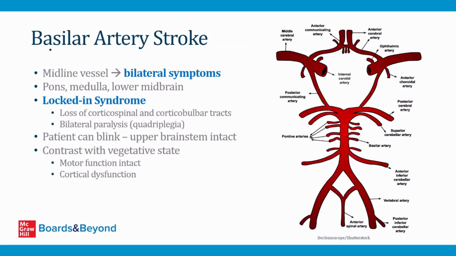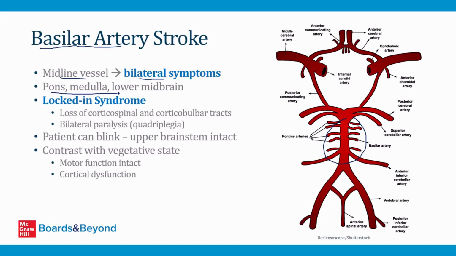Okay, next let's talk about strokes involving the basilar artery. So this is the basilar artery right here. It is a midline vessel. And so when there's ischemia involving the basilar artery, that can lead to bilateral symptoms, not symptoms just on one half of the body like you often see with brainstem strokes. So the pons, the medulla, and the lower midbrain can all develop ischemia from a basilar artery stroke, but the